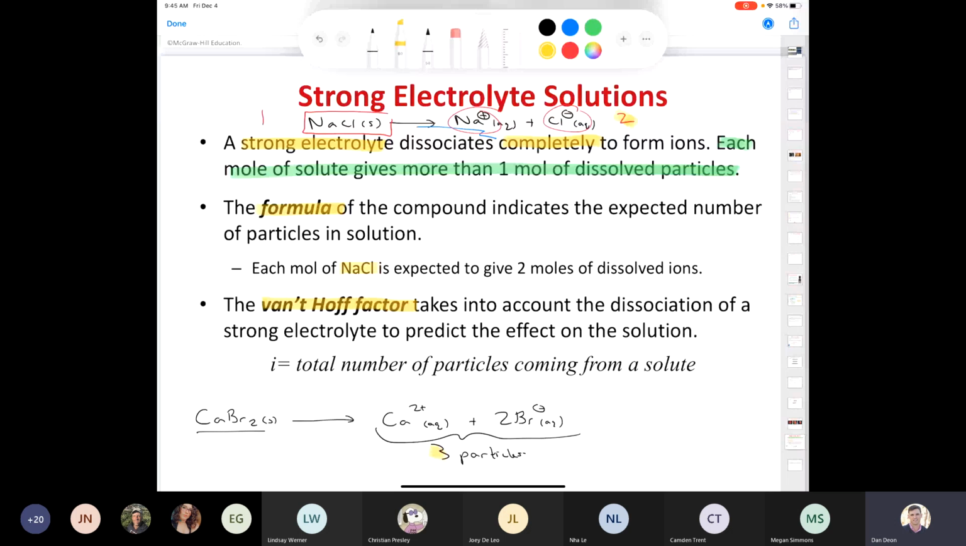So again, I'm really repeating myself, but you need to be able to judge how many particles am I going to have? If it's an ionic compound, just look at the number of ions. For example, sodium chloride, ionic compound, made of 1 cation and 1 anion. So it's got a Van't Hoff factor of 2. Calcium bromide, it's an ionic compound made from 1 cation, 2 anions. It's got a Van't Hoff factor of 3. Now, this next slide shows,